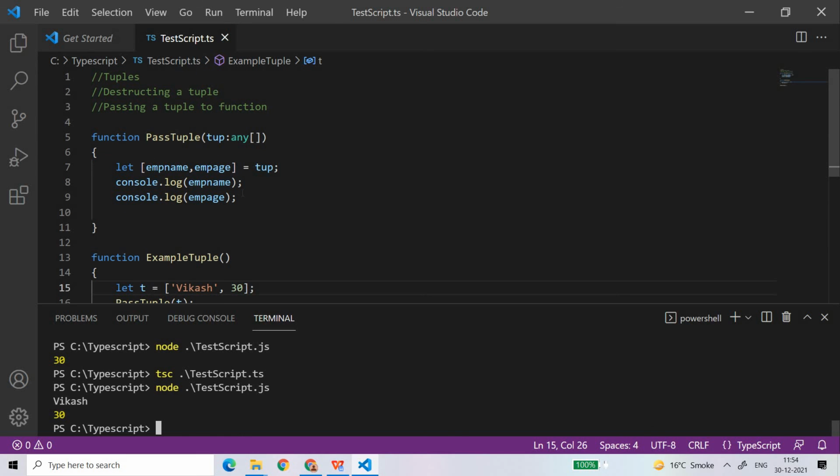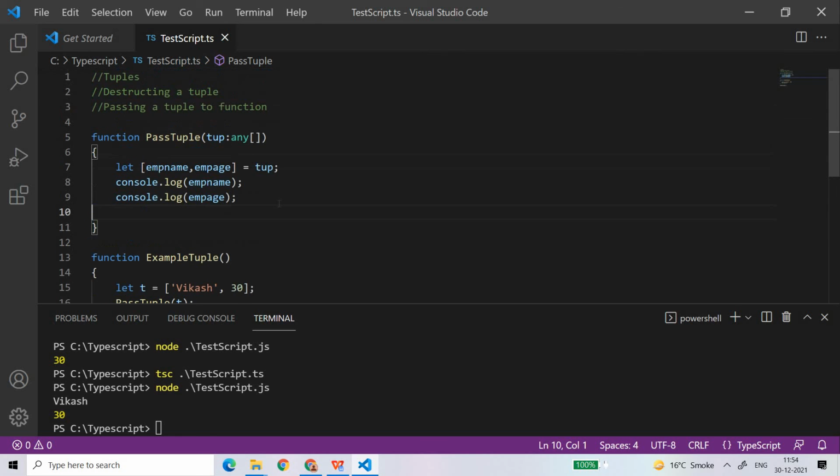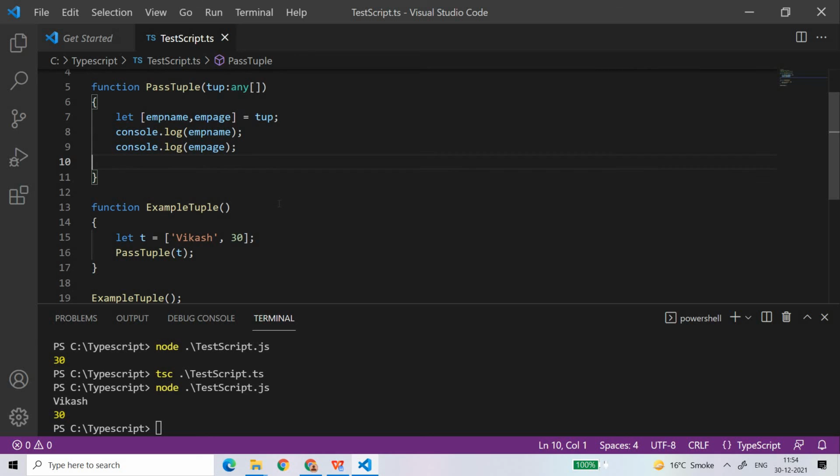So this is the way you can pass a tuple to any function, and you can use it like this. So that's all about the tuples that I can cover. Apart from this, if you want to study about the tuples, you can go to Javatpoint. There are a number of sites on Google, on the internet. If you want, you can search them and go through them. But here in these videos, I'm just trying to give you some ideas, some basics on TypeScript. So that's all about the tuples.